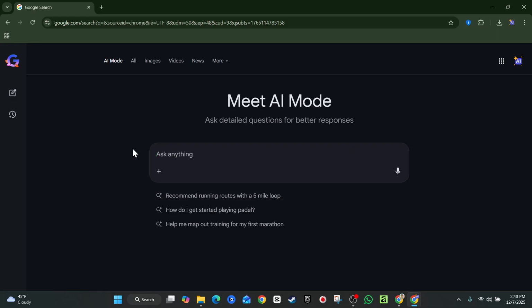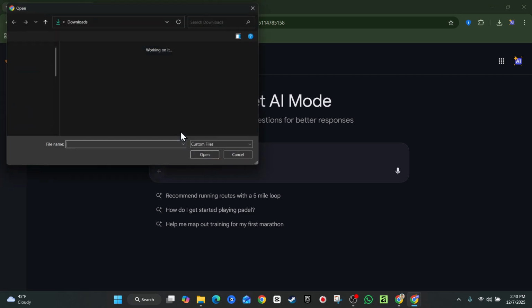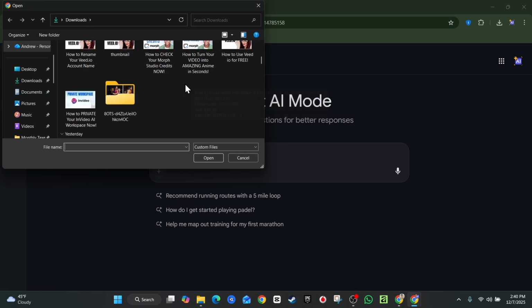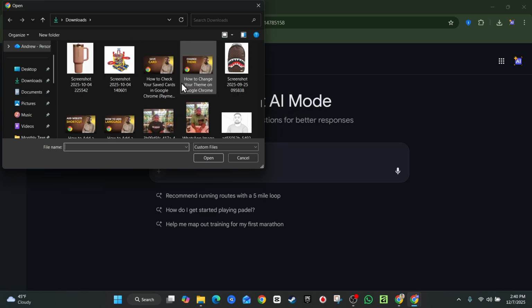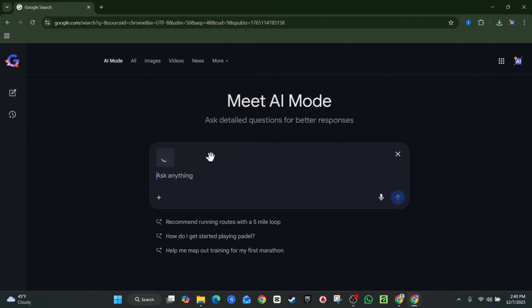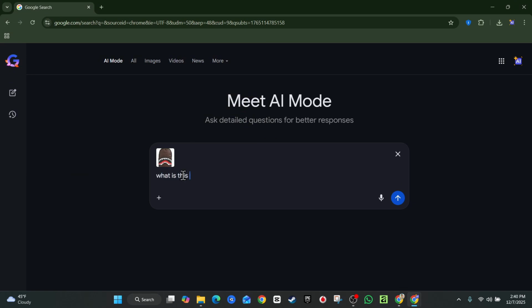So you want to go ahead and open up the Google AI mode and click the plus on the lower left hand side and just upload an image. So find whatever image that you want. I'm going to go ahead and find something here that I would like to search for. Let's say I would like to search for this bag here. So I can click on it, click and open, and I'm going to just simply say,